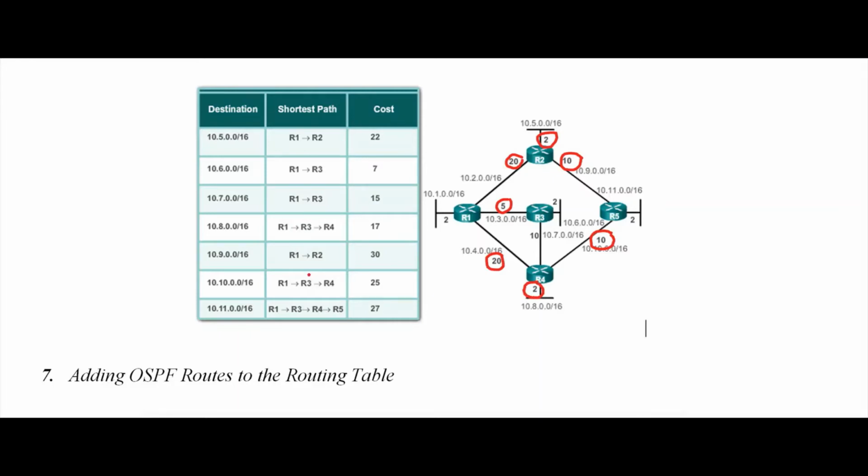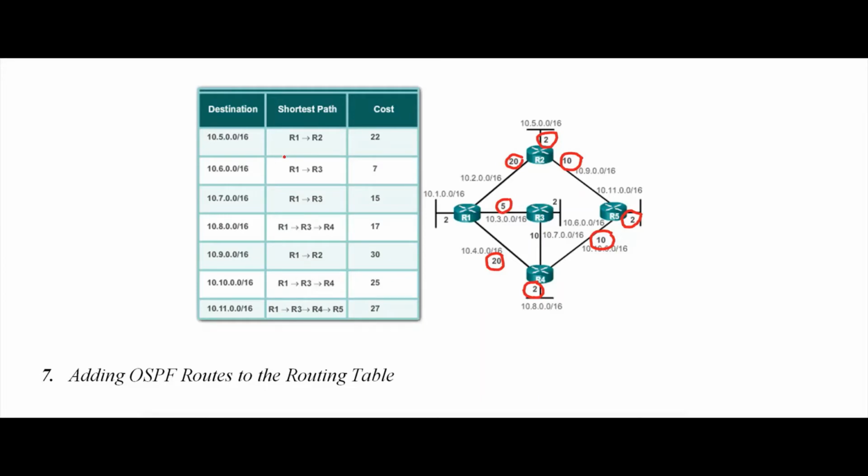For example, you can take the values as kilometers. From R2 to R1, 20 kilometers. From R2 to R5, 10 kilometers. From R1 to R3, 5 kilometers. Make it kilometers, just to understand first. Now there is some value available everywhere. This is the first important point you have to note.